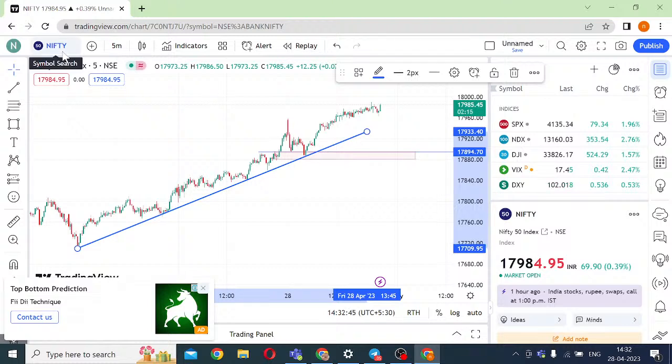Guys, any question, you can put it in the chat so that I can get a sense of whether there are any queries that you have on these two charts. Should I move forward with the stock picks that we had done? Okay, I will go to the Wipro and TechM chart next.